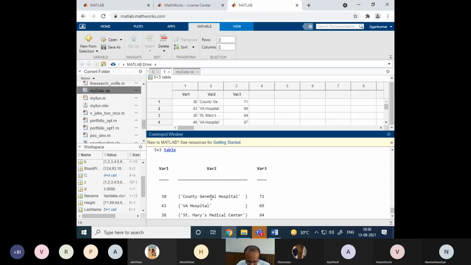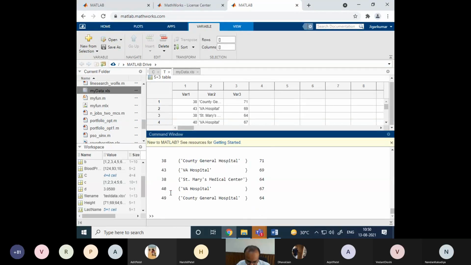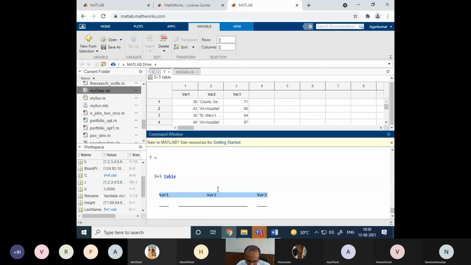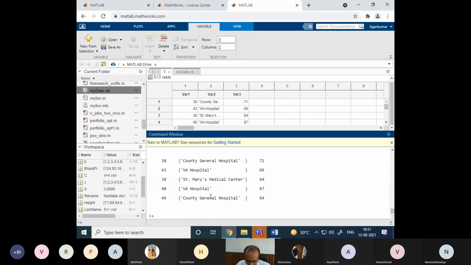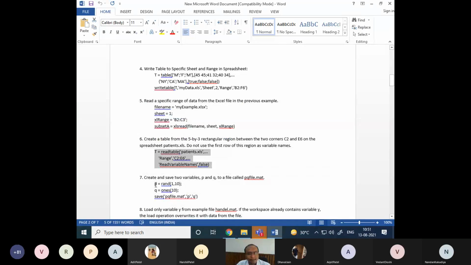All right, so you can see this file itself does not contain variable names. Inside this file there is no variable name, so it is not reading one. If your file has variable names, it will read them. So you can try this with your Excel file: give names to the columns and try to read it. This exercise you can do. These are very small things that you can do at present.